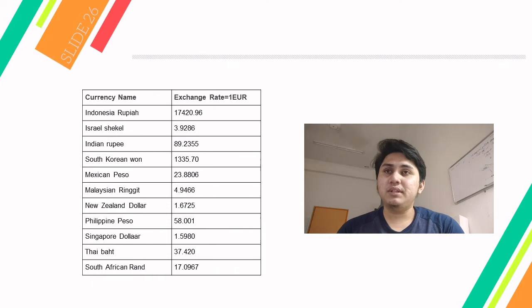70,400 20 and 96 for Indonesia rupiah, 3.9286 Israel shekel, 89.2355 Indian rupee, 1335.70 South Korea won, 23.8806 Mexican peso, 4.9466 Malaysian ringgit, 1.6725 New Zealand dollar, 58.001 Philippine peso, 1.5980 Singapore dollar, 57.420 Thai baht,